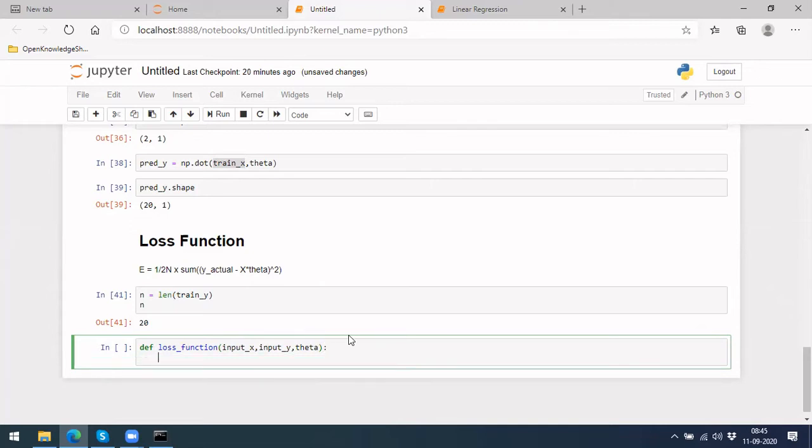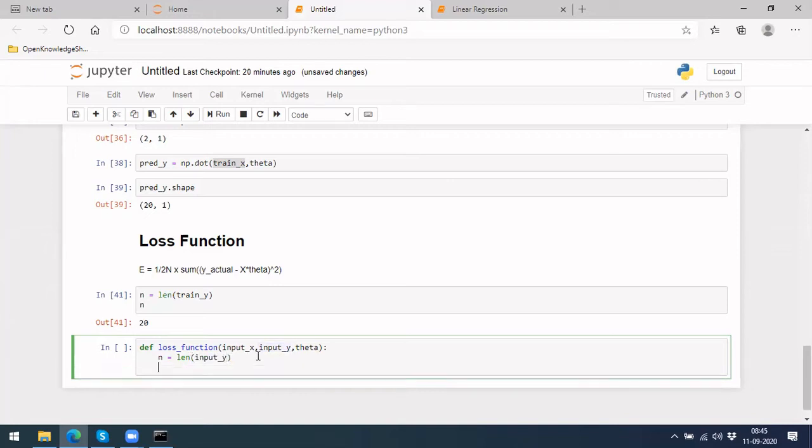So for writing this, where you have n as the length of input y now. And your theta, these are all available. So this is slightly, please focus here.